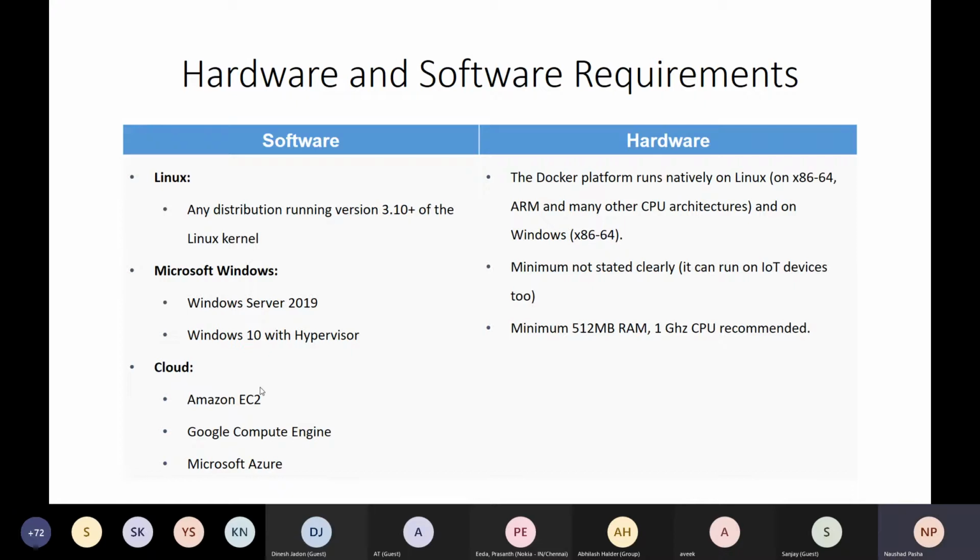You also can install Docker on any of the cloud instances such as Amazon, Google Cloud, or Microsoft Azure instances as well. When it comes to hardware requirement, as long as you can have one of these operating systems installed and running, that's all you need. But when you have to decide on the hardware, you need to also decide on how many containers you are going to run. Just to have Docker installed and test it, the bare minimum of hardware requirement can be good. 512 MB of RAM for your virtual machine with 1 gigahertz of CPU should also be fine.